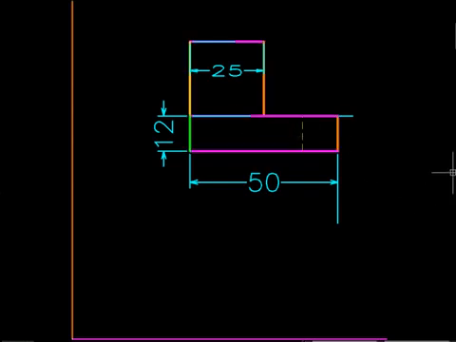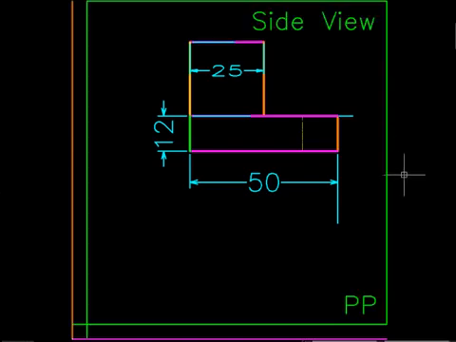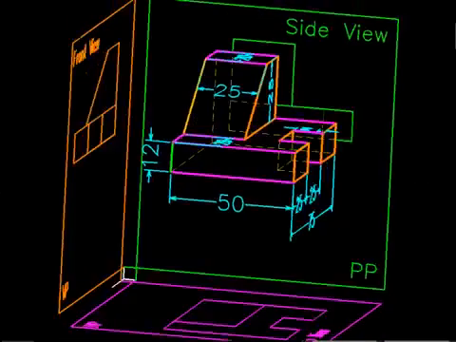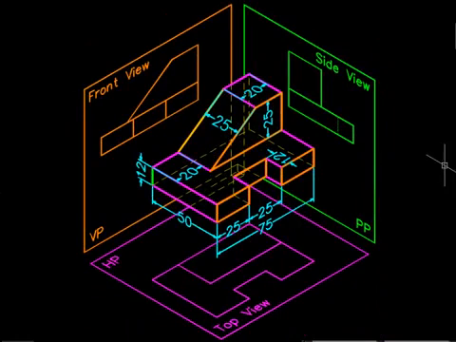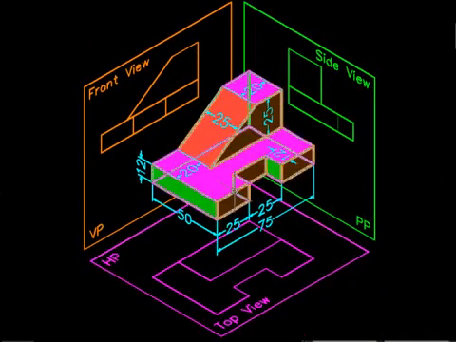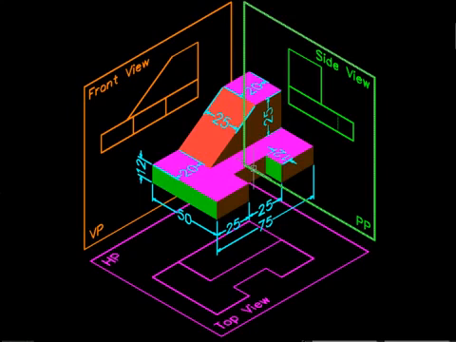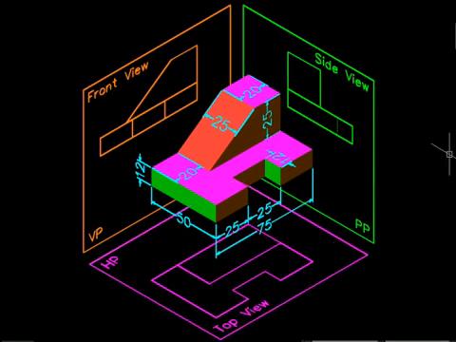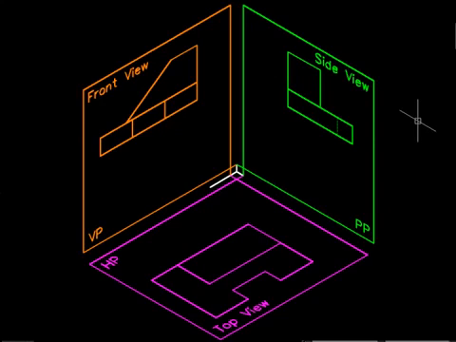Now getting the side view. So I'm drawing the side projection of this, coming back to the normal position. Let's take the solid. Fine. So this is the isometric view. This is the front projection. This is the side projection, and this is the top projection which we get on HP. Now let us hide this 3D object. So we have hidden the 3D object.